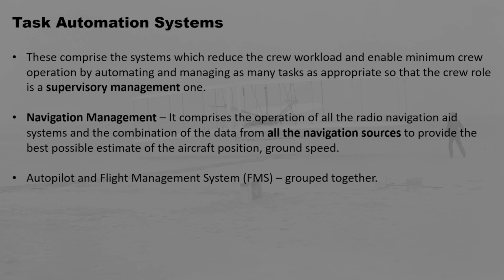So basically, the autopilot relieves the pilot of the need to fly the aircraft continually, with the consequent tedium and fatigue, and so enables the pilot to concentrate on the other tasks associated with the mission. Apart from basic modes such as height hold and heading hold, a suitably designed high integrity autopilot system can also provide